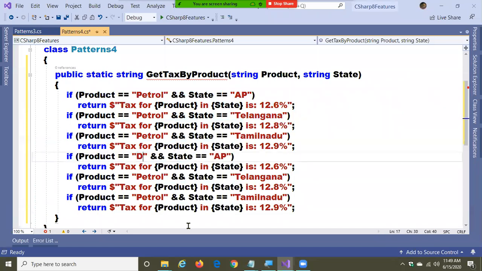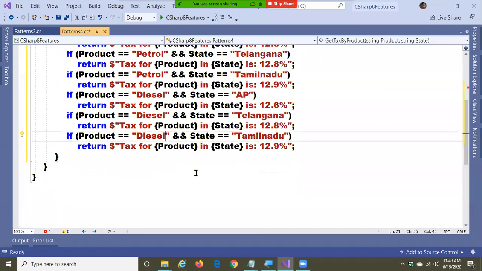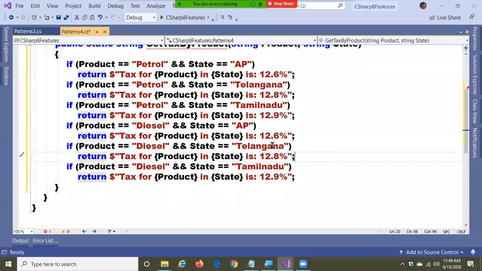This is diesel. And now the variation of the tax comes into the picture. For diesel, this is 15.8%, and for diesel they're charging 15.7%, and they are charging 15.3%. Like this, there is a variation of the prices.